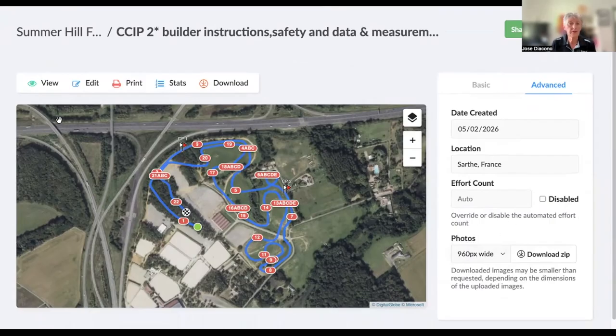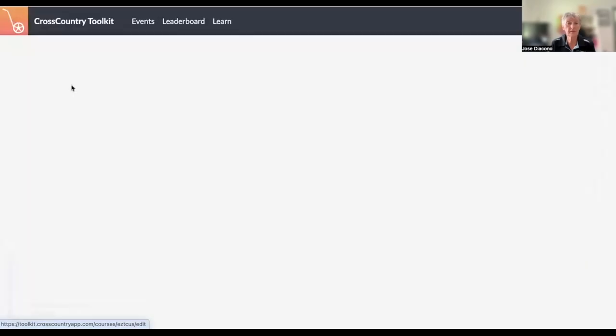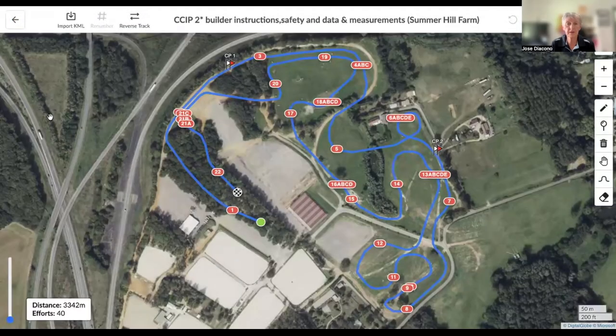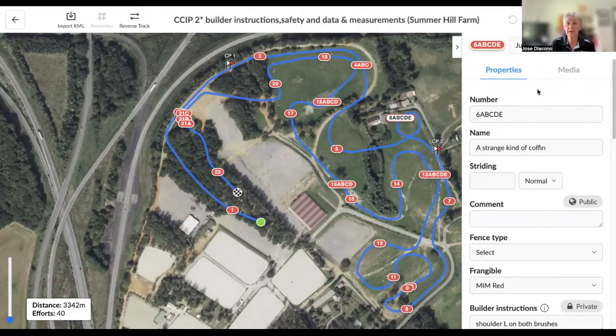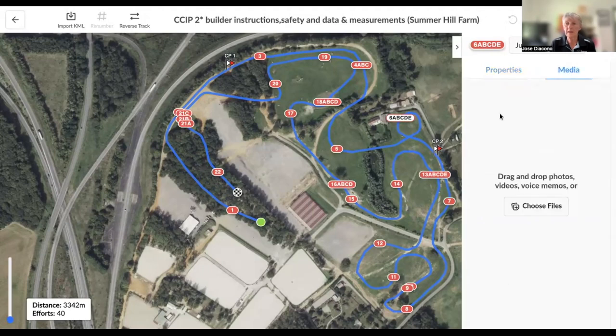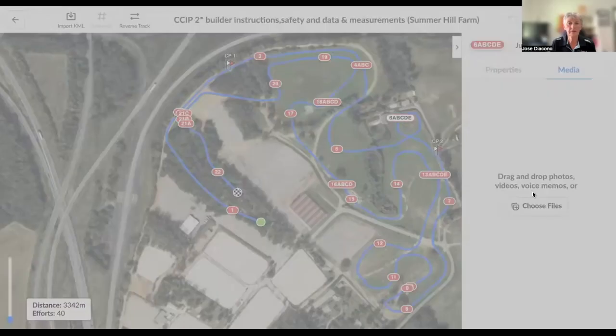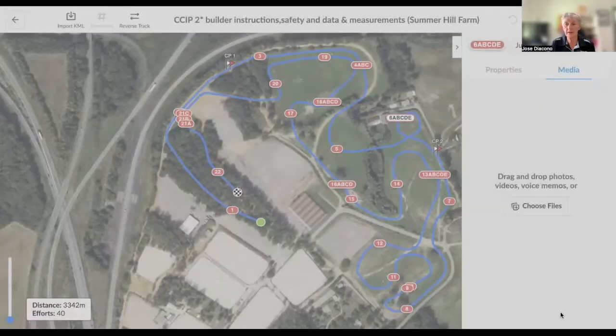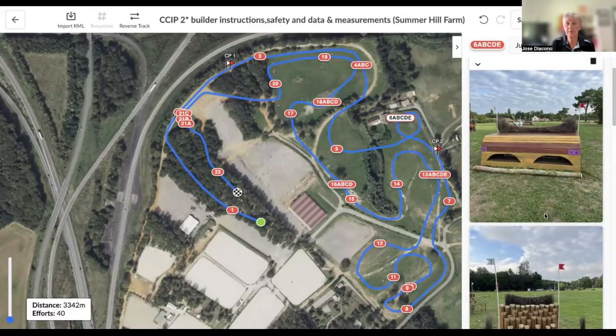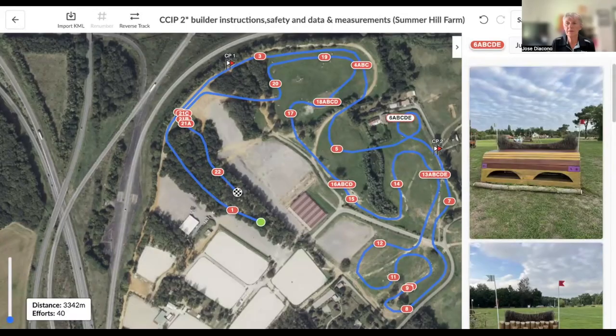Now, one thing I didn't mention was adding photos, while we're on that subject. You can add multiple photos at once now, and they will upload in the background. So you don't have to wait for the photo to upload before you go to the next fence. So if we look at this 6ABC, DE, we can actually choose our files. So I've got 6 photos here, and I'm uploading them. Now, if I do a save now,